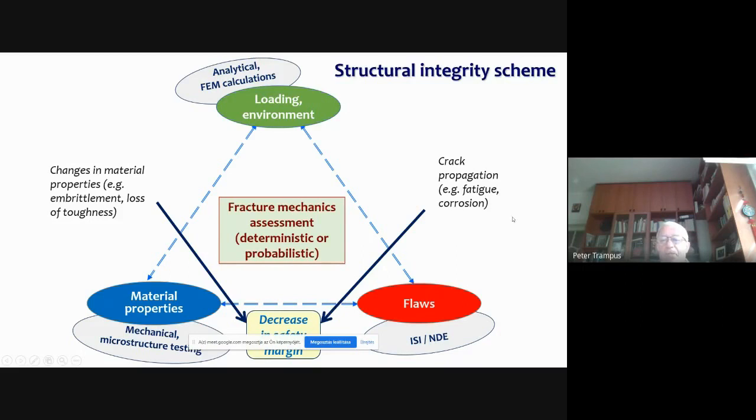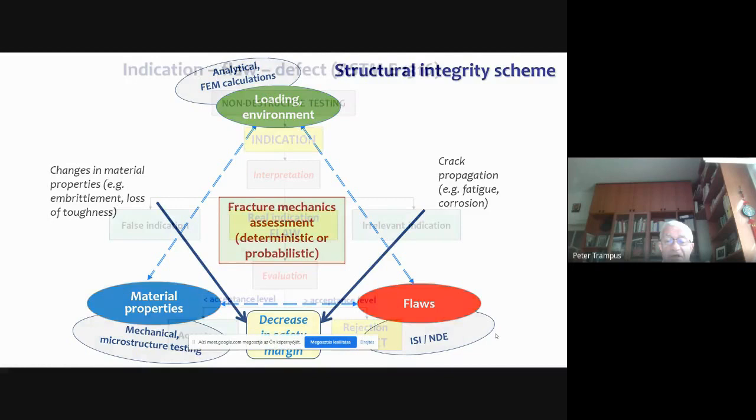And there are other changes. If there is a flaw, it can propagate due to fatigue, due to corrosion, which means that these two processes, the changes in the material and changes in the flaw size, will lead to the decrease in the safety margin.